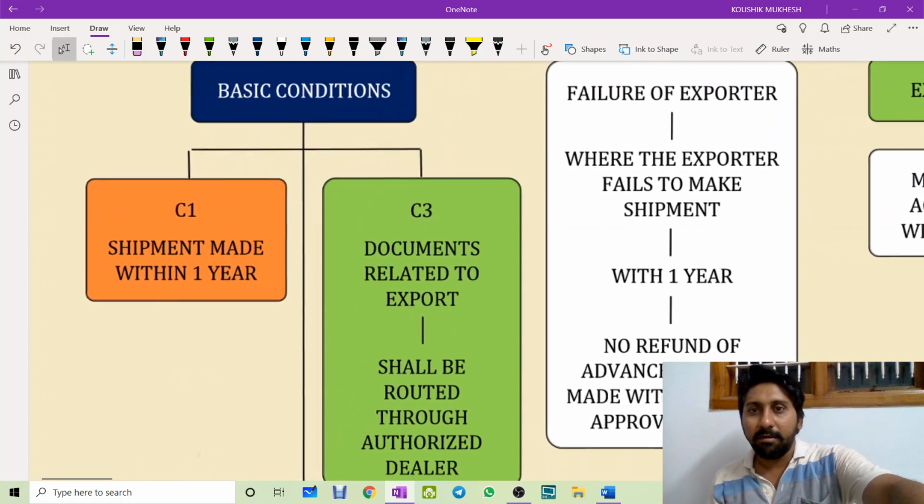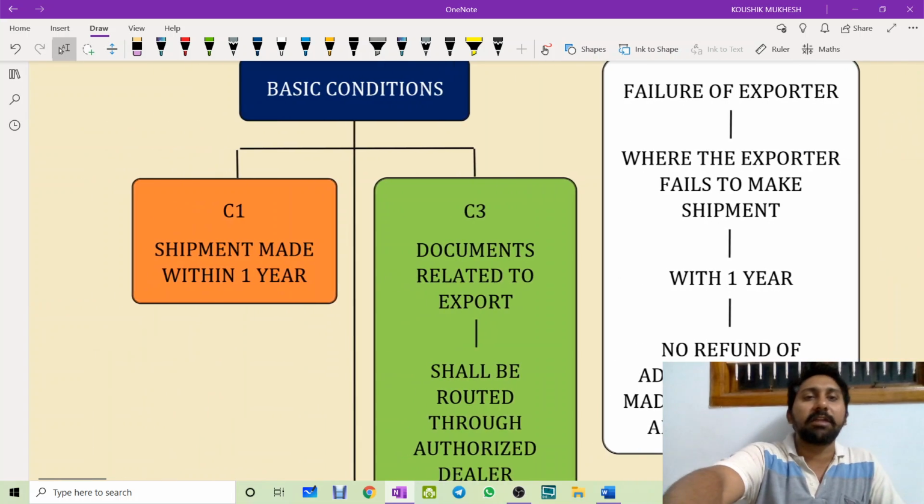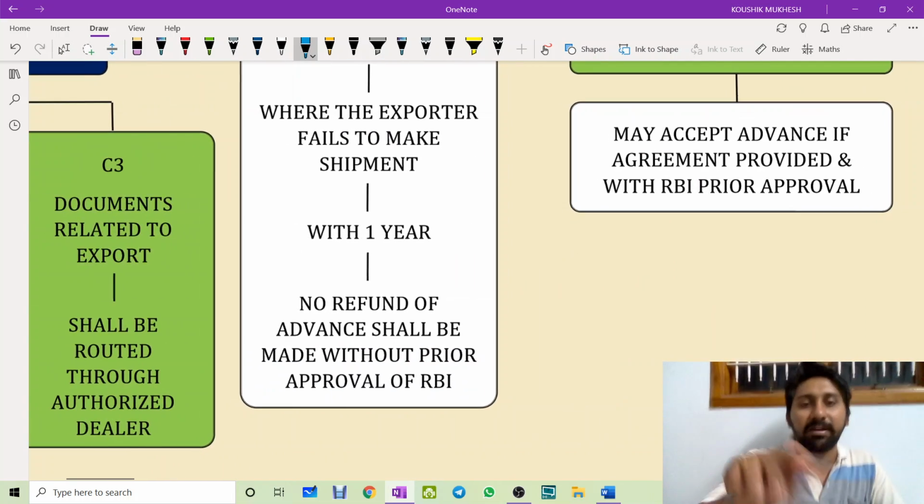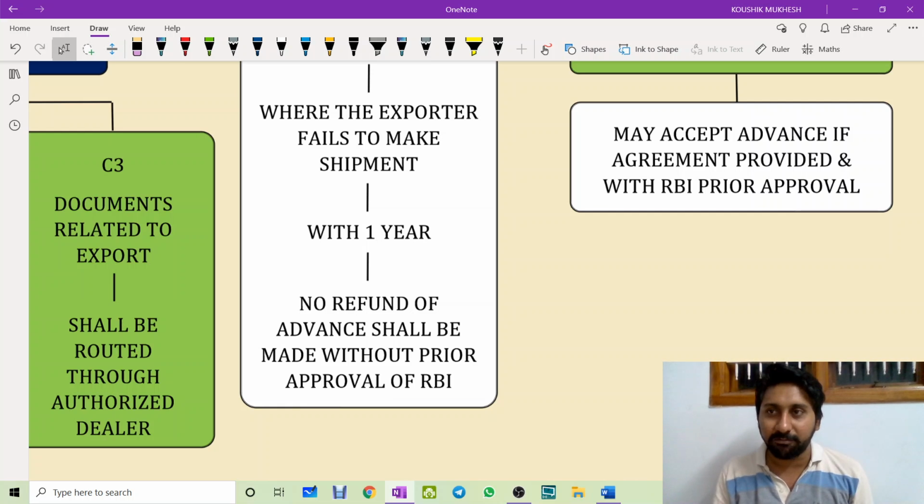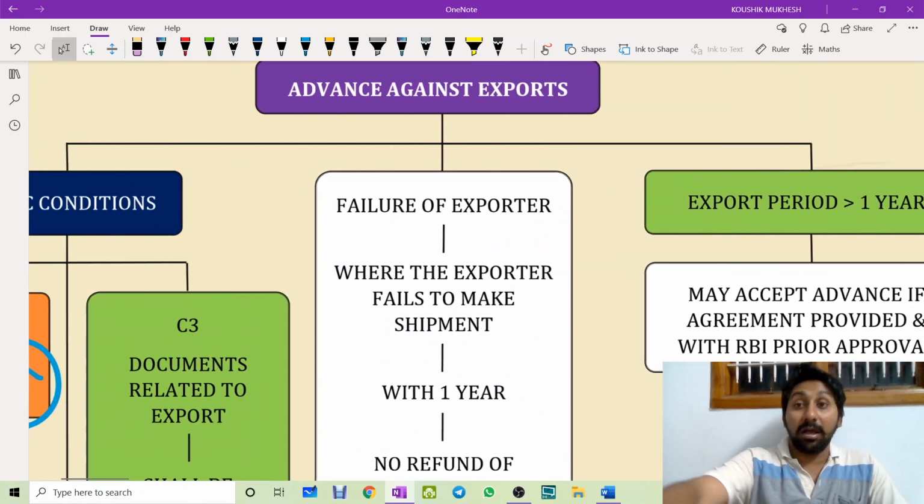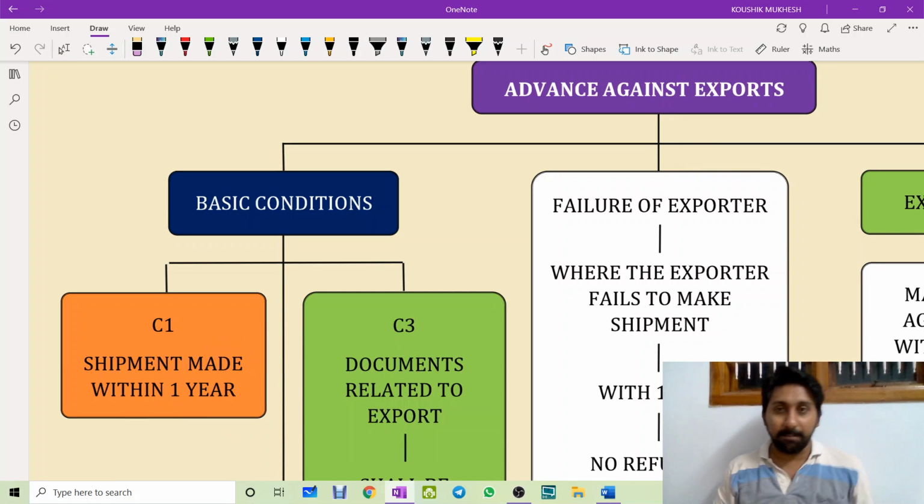Next one, failure of the exporter. If the exporter fails to provide the shipment within 1 year, then what will happen? Nothing will happen, the sky will not fall. Refund the advance, but that refund should be made with intimation to the RBI. Next issue, this is important. Shipment should be made within how many years? 1 year. For example,